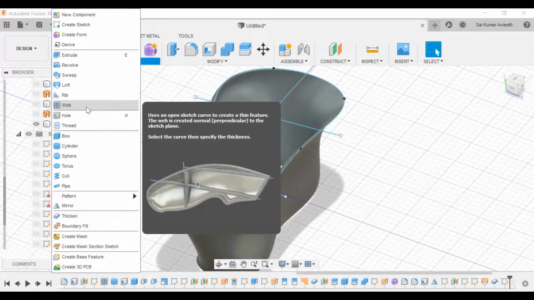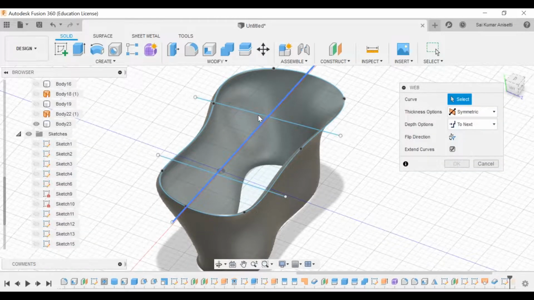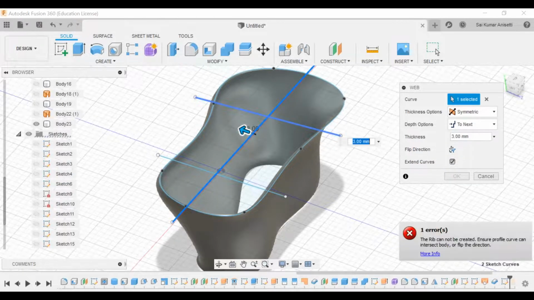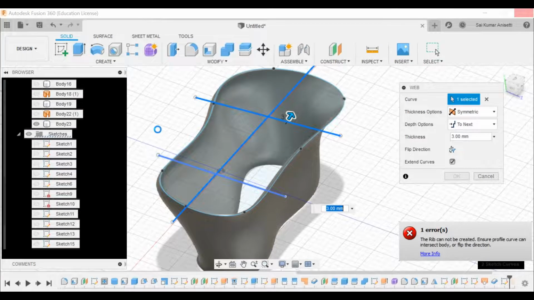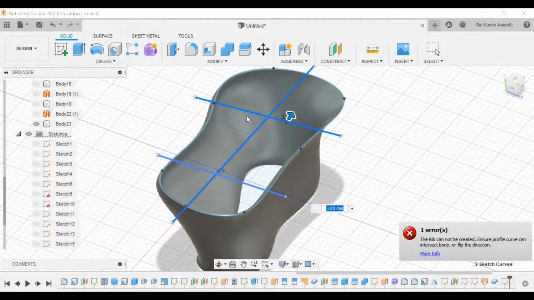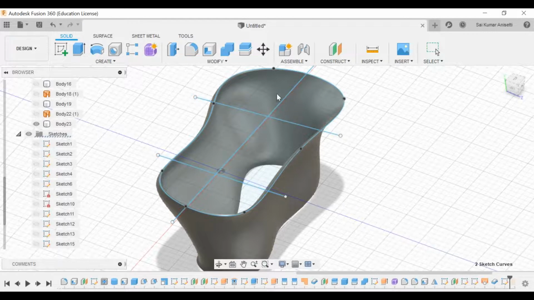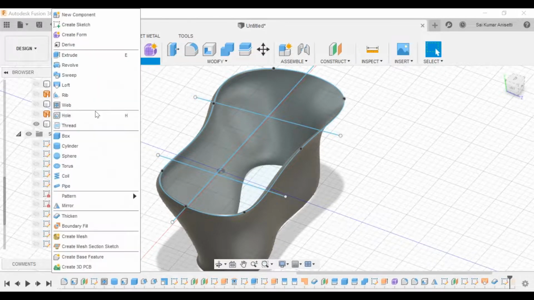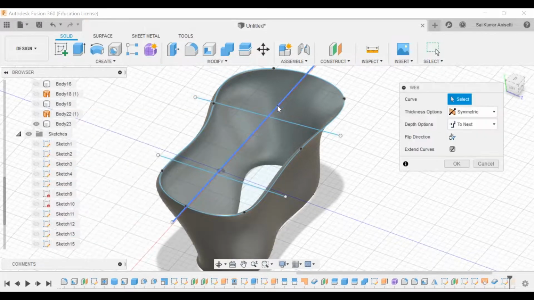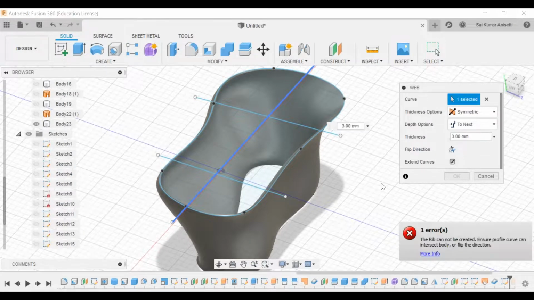Go to the web option, take all these lines 1, 2, and 3. Some complicated things are going on. Okay, Fusion 360 got hung. Press escape. Okay, go to create web and take a single line.